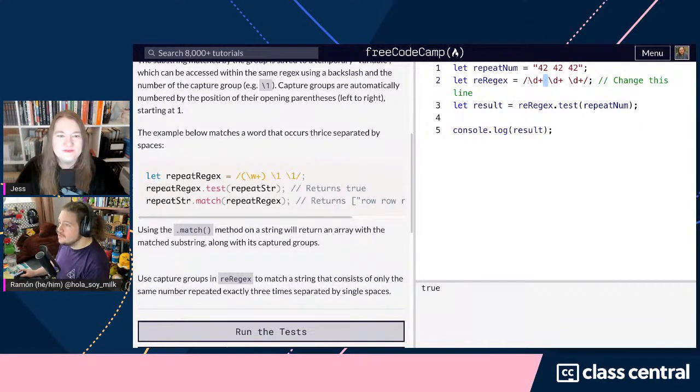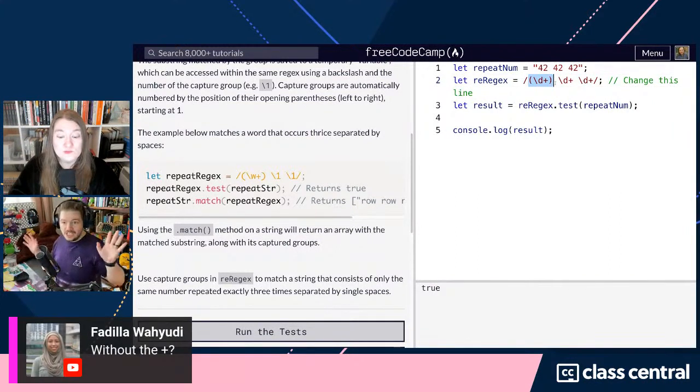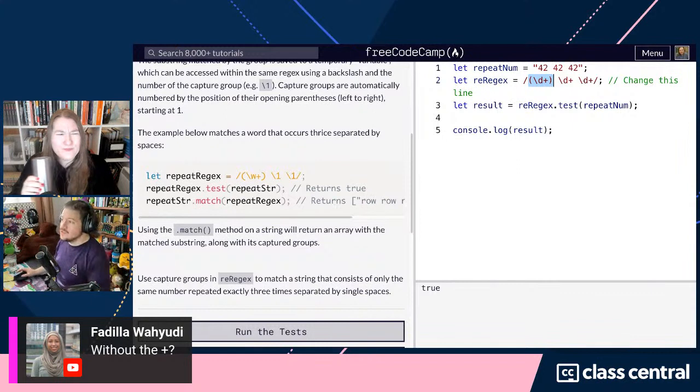But with grouping, we can put some smooth brackets around this one. Nothing changes. What we can then say is, we've captured this into a group. So this is what the smooth brackets do: they catch this in a group, and then we can use that group again